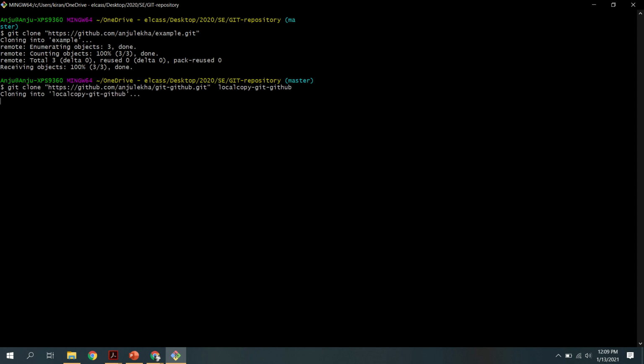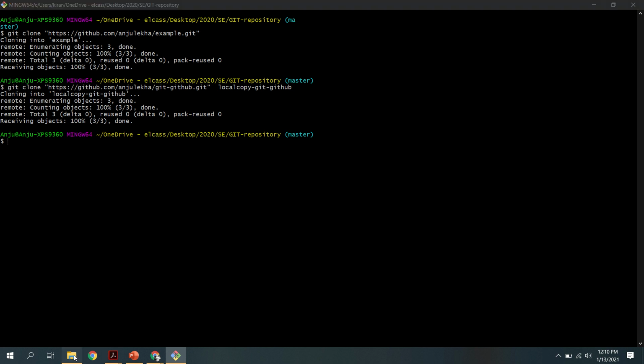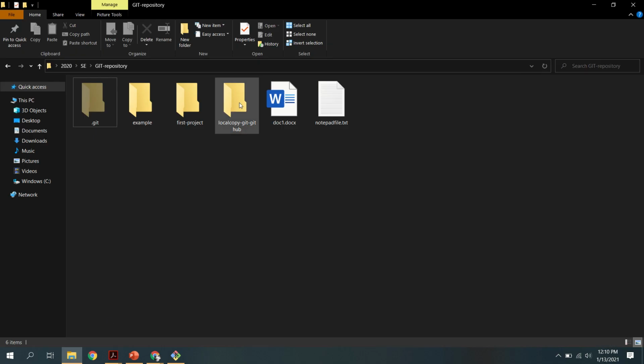Here you can see I am cloning that copy, and in my machine the repository name will not be GitHub, it will be local copy GitHub, because I am using a space and after that I am giving the name of the folder, and inside that folder the clone copy will be copied. You can see local copy. Here I changed the name. Now its name is different.